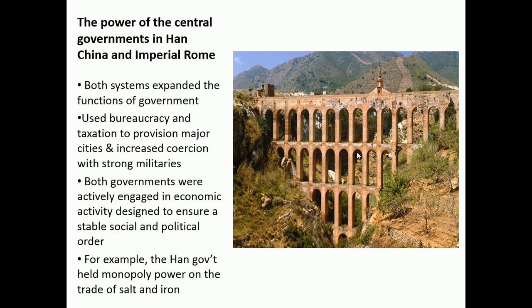So in order to foster trade, for example, in Han China, they controlled the trade of salt and iron, which were two hugely important products for the time. Our word salary actually comes from salt because it was such a valuable commodity that people could be paid in it. And iron, of course, is the source of power in these areas. Your army is able to be so coercive because of the use of iron rather than bronze or any other metal, because that was the best metal on hand at the time.